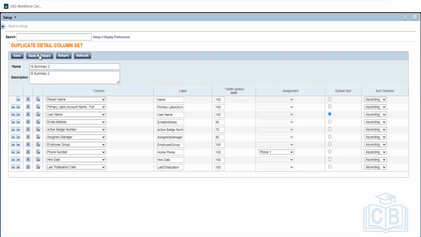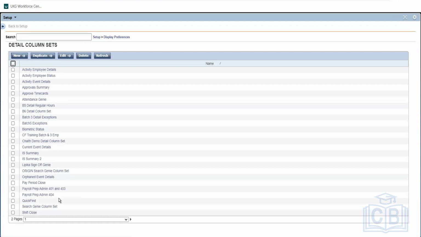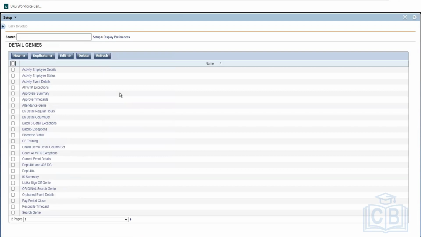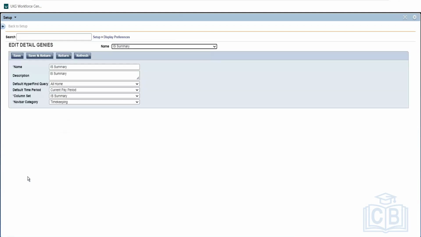Our name is summary 2. I haven't edited the summary. I just created one more. Okay, so we have created the columns. Now I need to go to that particular genie. I need to go to details. So in detail, what I'm going to do is instead of creating a new one, I'm just going to use this is summary itself. So when you click a genie, what it will have is